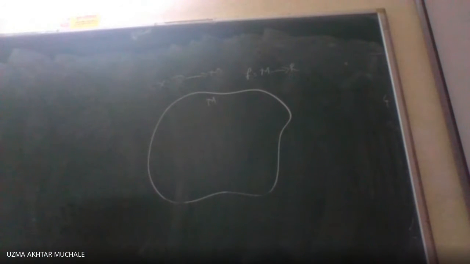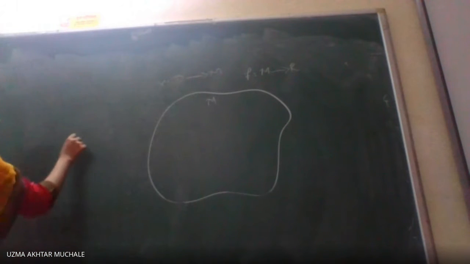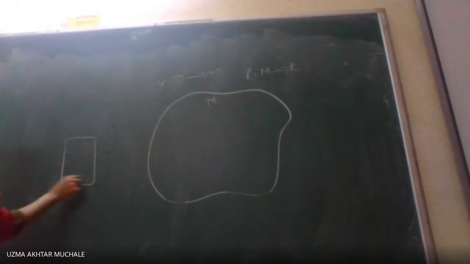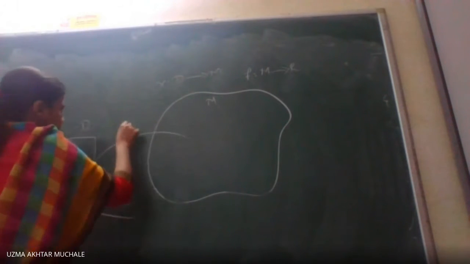Right. So now what we have to find out, this is the definition of a real valued function f or a differentiable function f. So what is given to us? M is a surface, f be the real valued function defined on M. Let x be the mapping from D to M, be a coordinate patch in M. That is, x be the mapping from D to M.